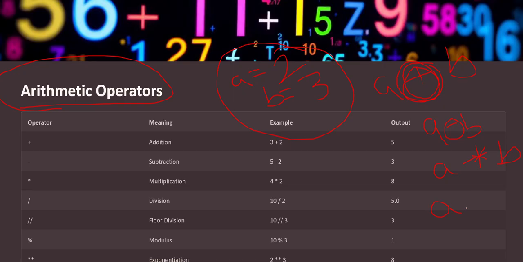If I'm interested in division, I'll be simply using slash. That is basically for division, a divided by b. Now see over here, if I'm only interested in the quotient part of a number, I'm not interested in the remainder, I am interested in the quotient part. For example, let's say I am writing a divided by b. The value I'll be getting after division will be less than one, let's say 0.6 if I'll be dividing 2